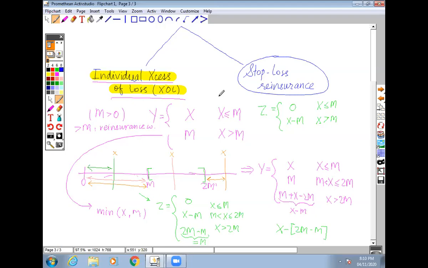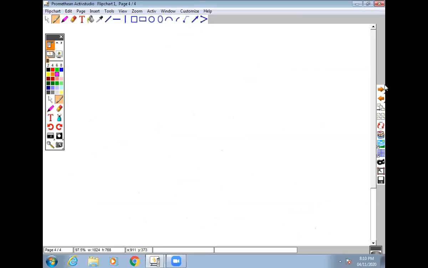I hope you remember that we looked at this. Everything is about excess of loss, nothing about stop loss reinsurance. We don't care about stop loss reinsurance in this chapter itself, and neither in the subject. And there is one more difference between these. In stop loss reinsurance, there is no limit, so what can happen is basically unlimited. Again, it just depends on the treaties that these guys have and the rest of it.